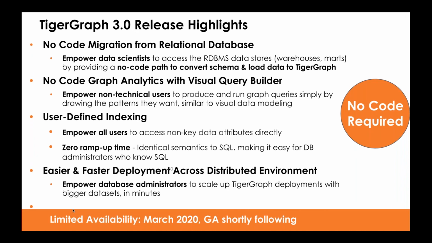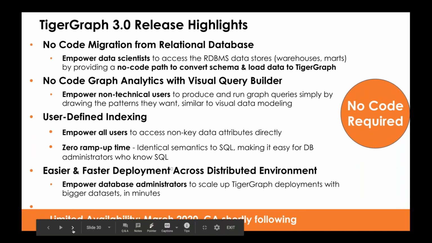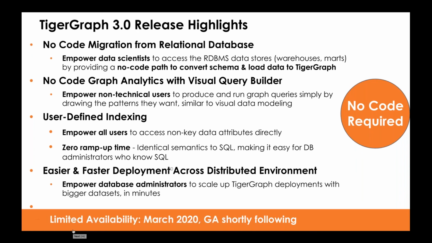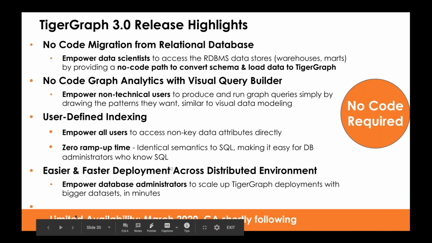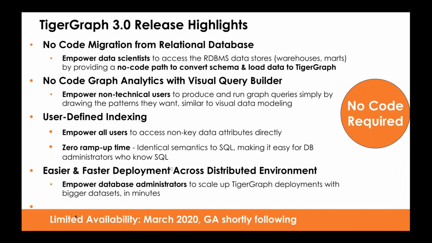Now, we have a whole bunch of other features. Obviously, I won't be able to do justice to go through all of them. But on the engine side, I want to highlight one key feature, which is user-defined indexing. This is a big feature going out because, as you can imagine, when you do the schema design for graph, you kind of lean on certain attributes to be your primary key attributes because those are the ones on which your querying is mostly done.